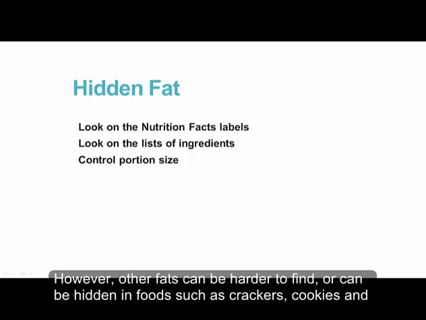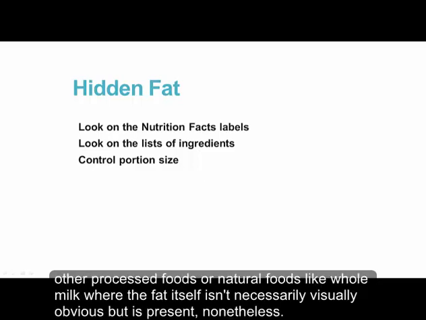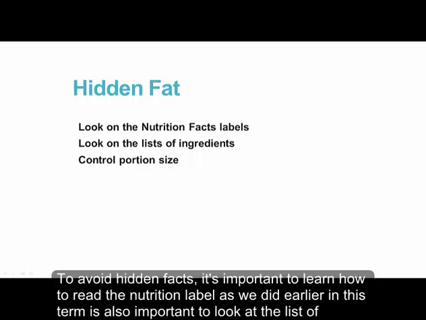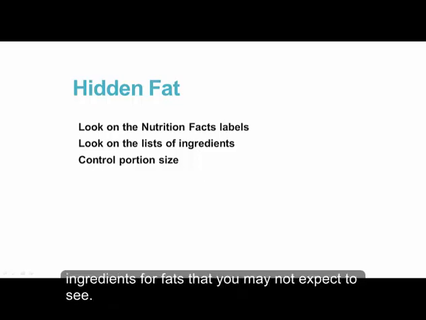However, other fats can be harder to find or can be hidden in foods such as crackers, cookies, and other processed foods, or in natural foods like whole milk, where the fat itself isn't necessarily visually obvious, but is present nonetheless. To avoid hidden fats, it's important to learn how to read a nutrition label, as we did earlier in this term, and it's also important to look at the list of ingredients for fats that you may not expect